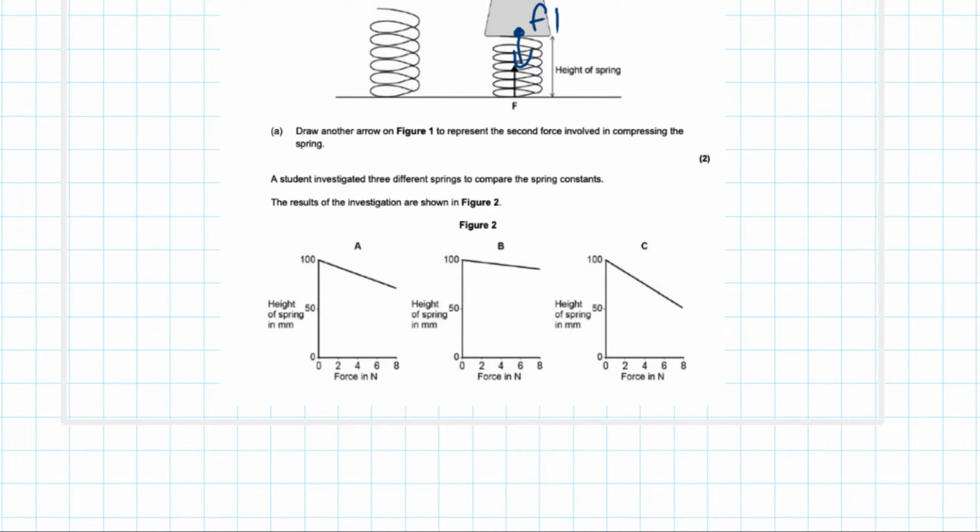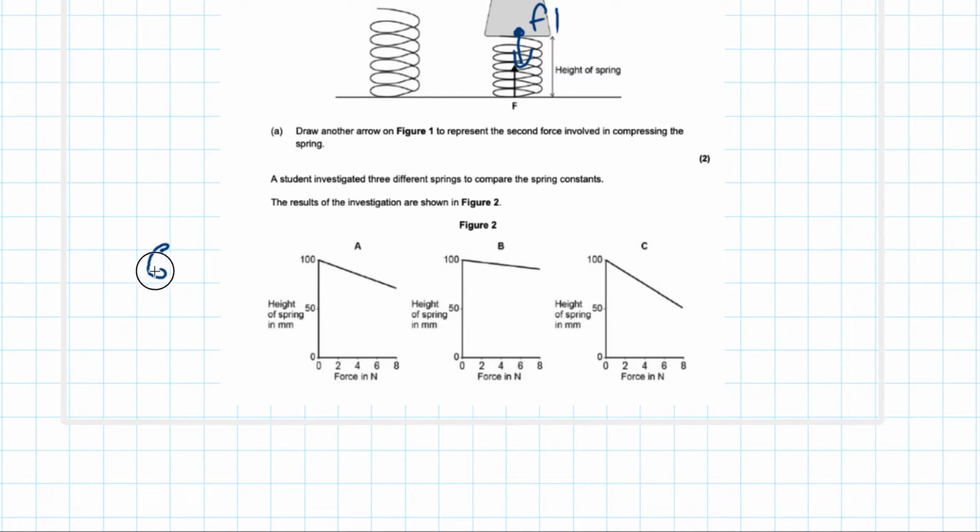Question 2, the student investigates 3 different springs to compare the spring constants. The results of the investigation are shown in figure 2. So in the first figure here, we've got height of spring in millimeters and force, and we can see the same in B and C. One thing that we notice, the way to think about this is